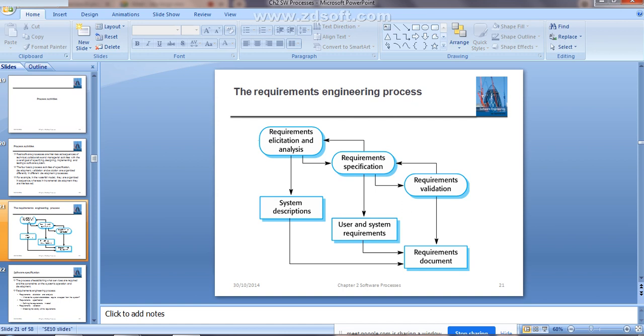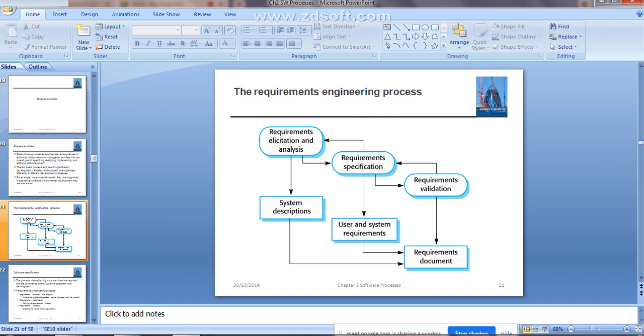Then the second activity is requirement elicitation and analysis. By using this one, you are going to derive the system requirements through observation of existing systems, discussions with potential users, and task analysis. It may involve the development of one or more system models, or system prototypes.